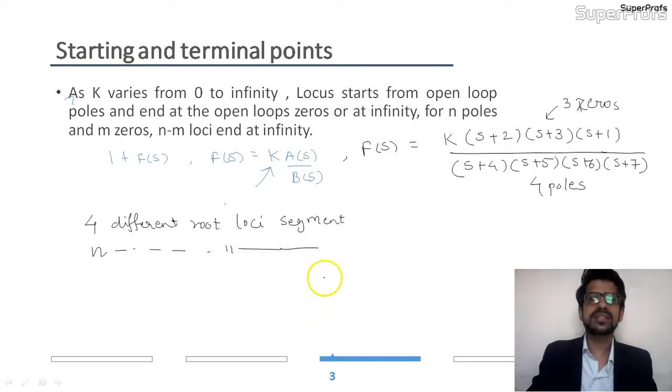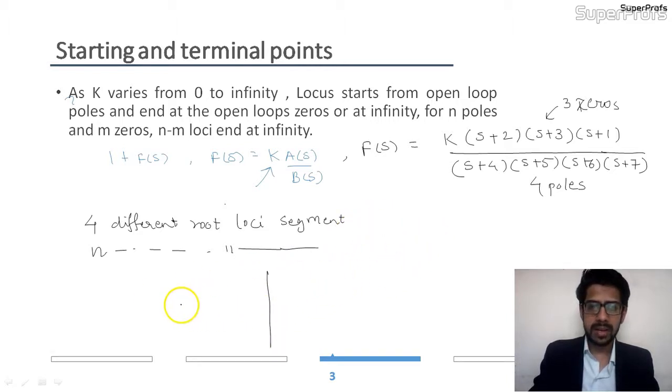We will now see how exactly these root loci segments travel, but for now it is important to see how they start and how they end. So just for an example, I will draw